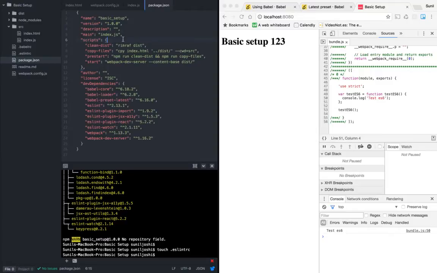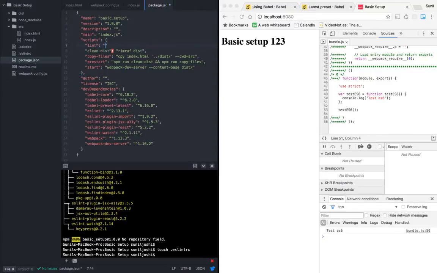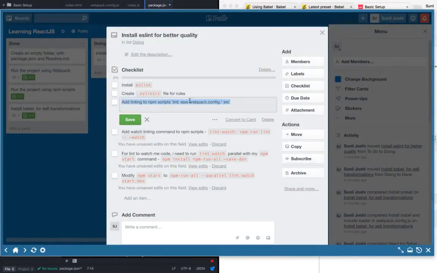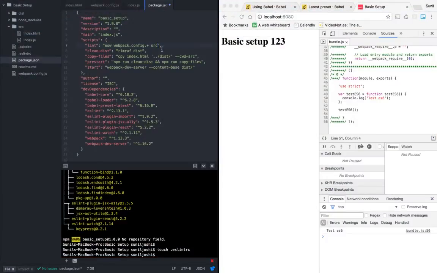So we want to lint this. I'm going to write an npm script, so I'm going to copy this command from my Trello card. Here is the command for that. Let me copy this quickly.